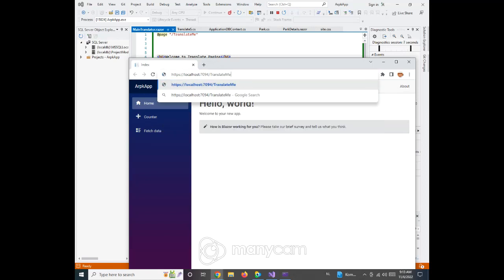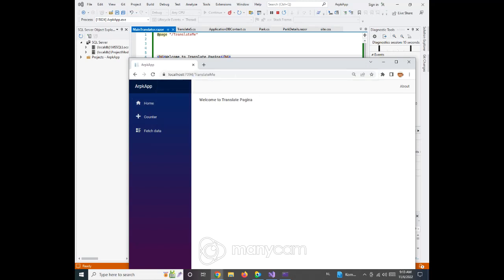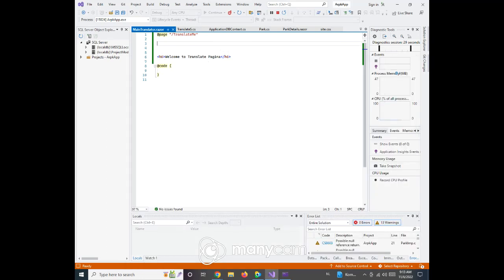Translate me. This is a controller. It is like a controller in Java, in C sharp, or in any other language, but this is something different. I have the controller here, and it works. We now want to implement that page in this endpoint. If someone comes here wants to translate, I say here welcome to translate,